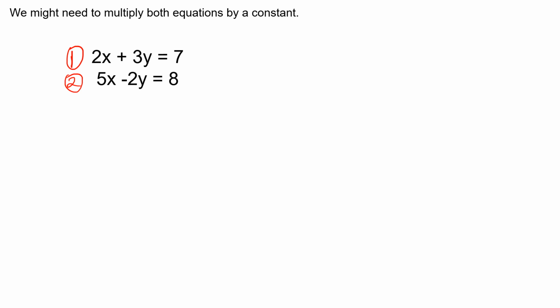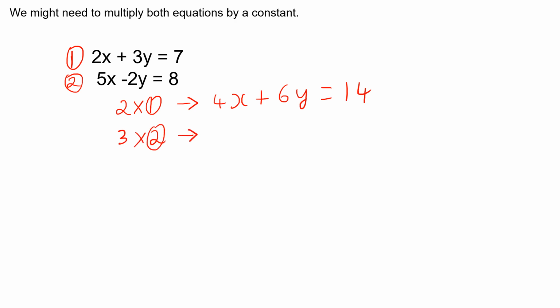In order to make the numbers in front of the y the same, except for the signs, I need to multiply the first equation by 2, which will give me 4x plus 6y equals 14, and the second equation by 3, so 3 times equation 2, and that will give me 15x minus 6y